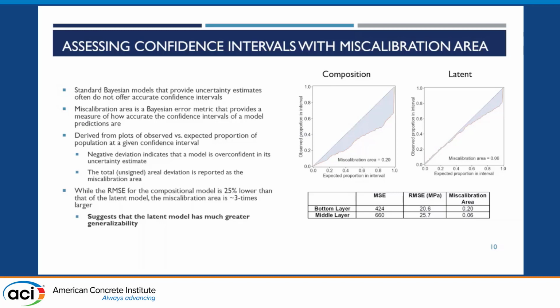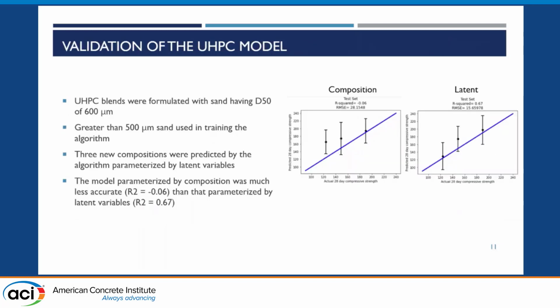Okay, so just to wrap up here, composition-based models have a lower error, but they're more uncertain. This suggests, as the last sentence puts out here, that the latent model would be better in terms of generalizability, meaning that you can extend the latent-based models to predict strength of data that was not included in your entire data set. That's the hypothesis. And the authors tested this hypothesis in a validation set,